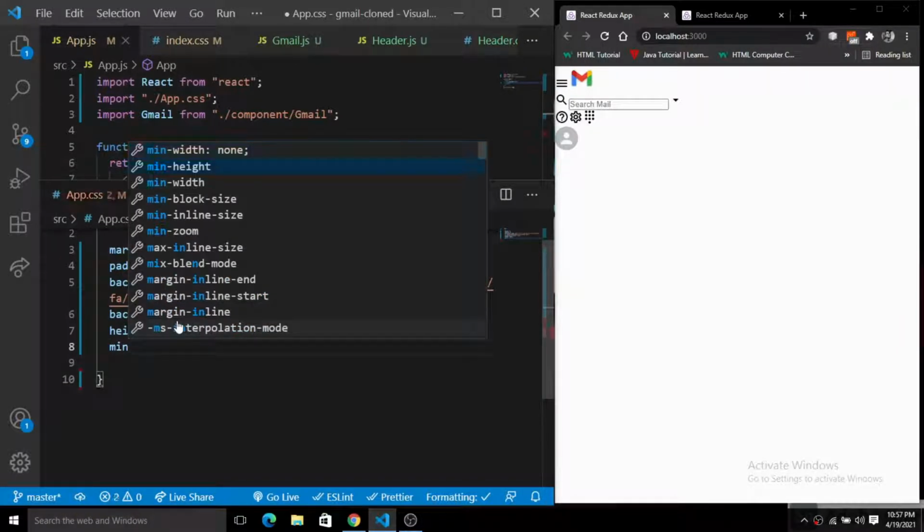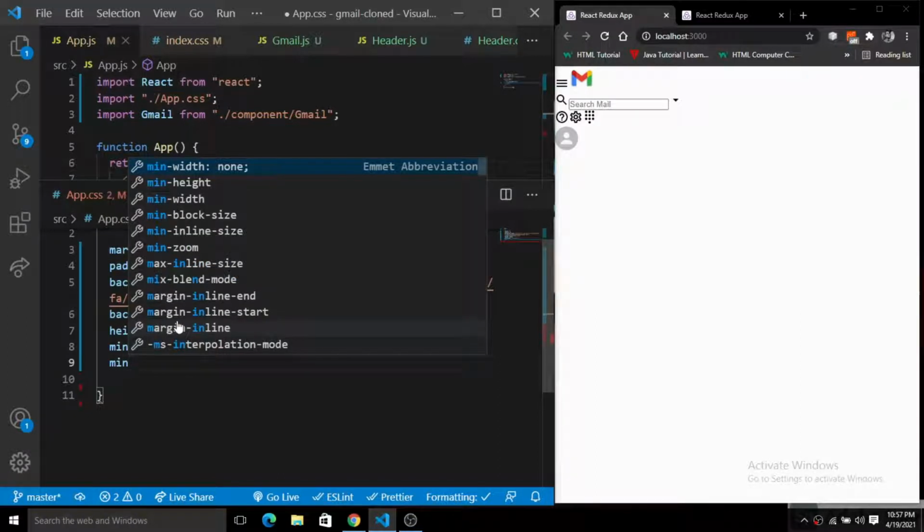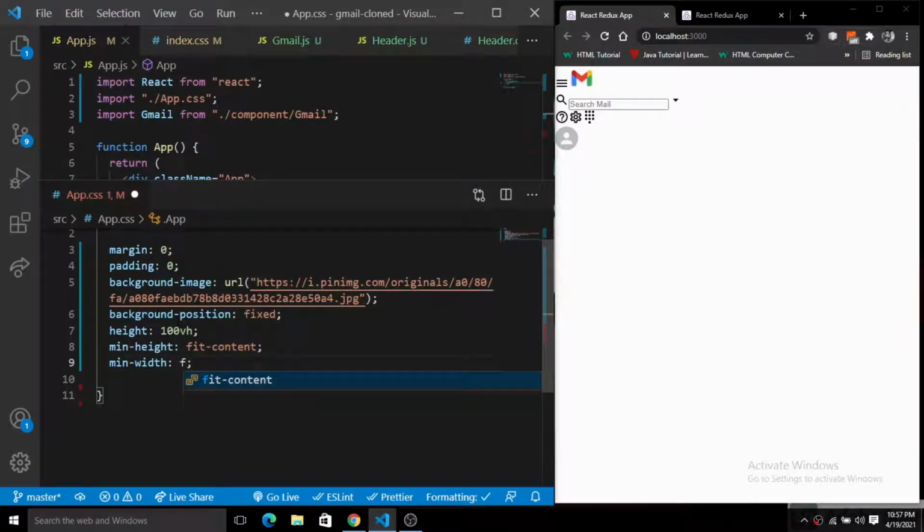For the minimum height, we'll simply give fit content. Minimum height, minimum width, right? So minimum height is fit content, and minimum width also fit content, and initially we'll simply give the width of 100 view width. Okay, now save this.